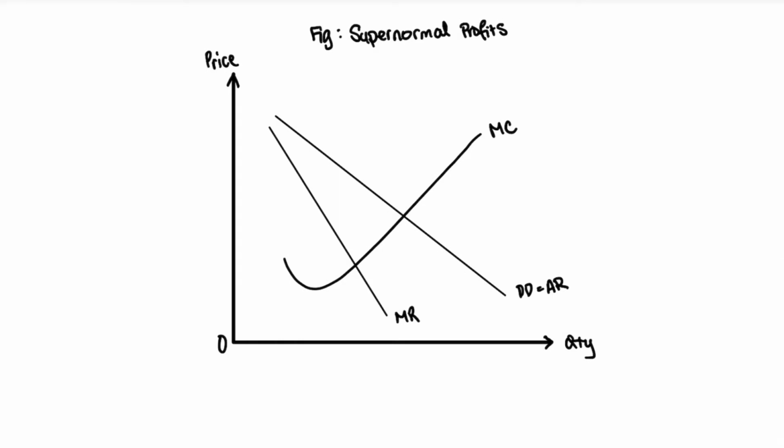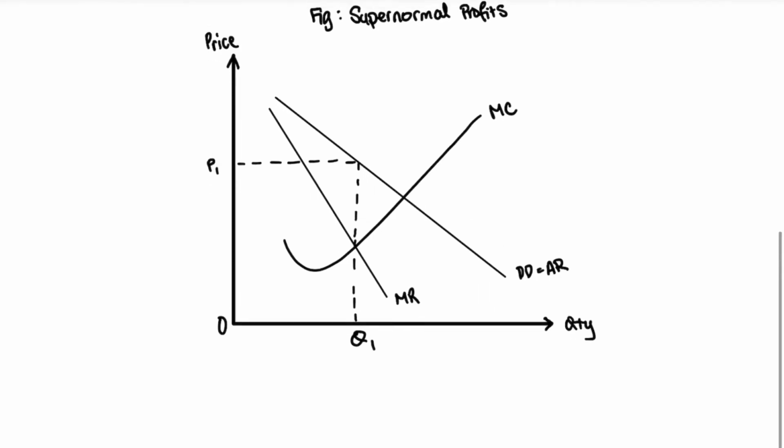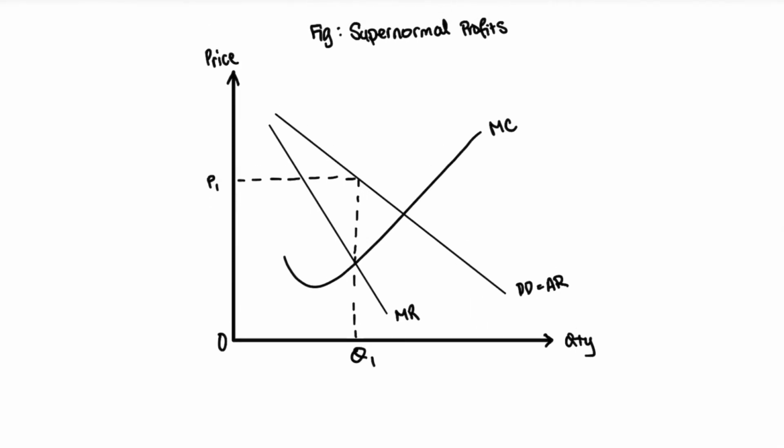So first of all, let's just mark the diagram again with our zero point. And likewise, find the profit maximizing output, that is the price and quantity, where MC equals MR and it intersects the demand curve. So you have to draw it all the way up to the demand curve. Over here we have our quantity and we have our price. Quite easy to find. So we're going to have P1, Q1 as our indicative equilibrium price and quantity here